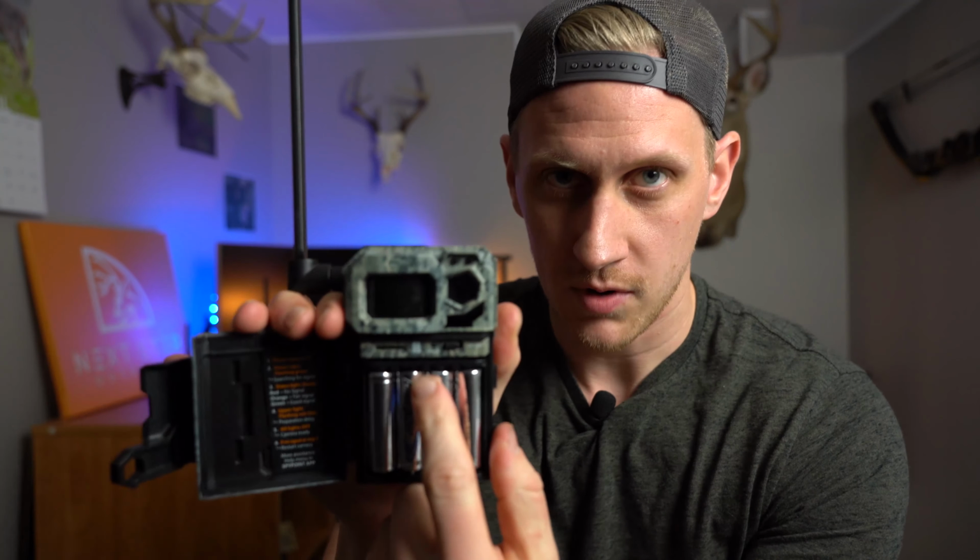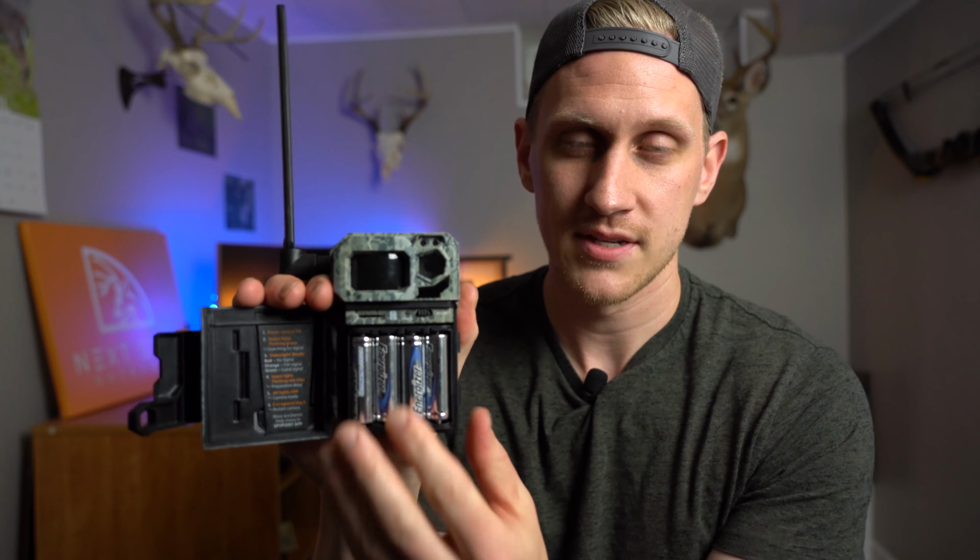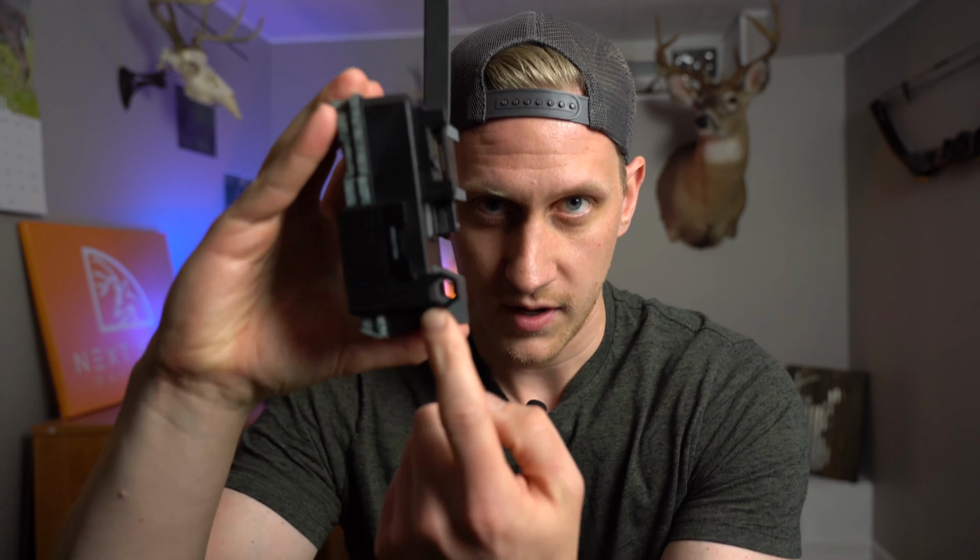It's a pretty slick camera. If you open it up, it runs on a micro SD card, and it has 8 batteries that it runs off, 8 AAs. I always run lithium batteries in my cameras because it gives consistent power and they last a long time. The other thing I really like about this camera is if you look at it from the side,